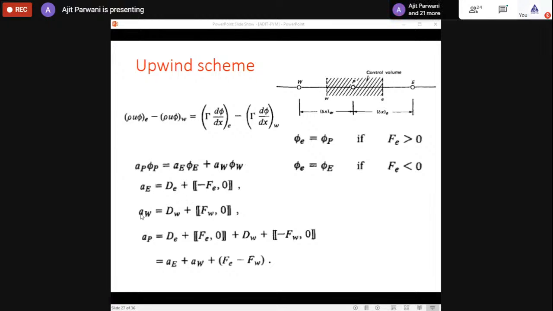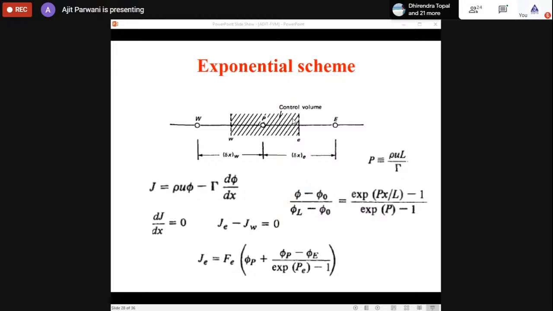So the upwind scheme will give you a realistic solution, that is true, but will it give the true solution or not? This is what we want to check. So how will we check this? We can check by using this.